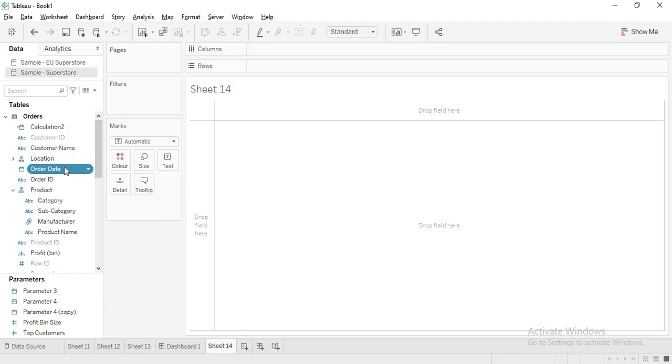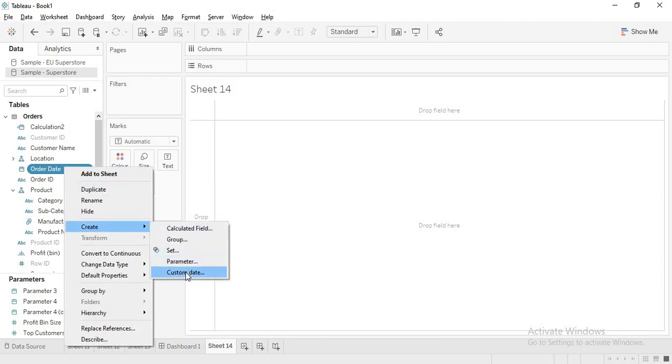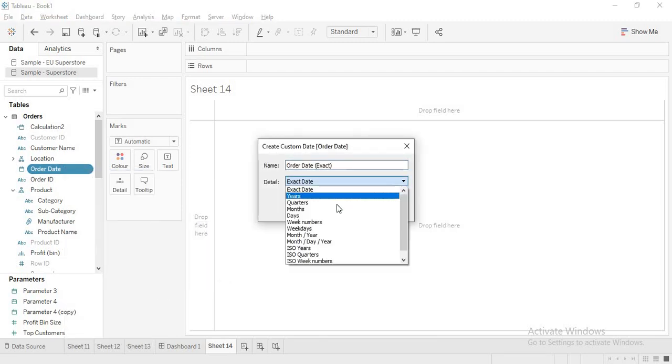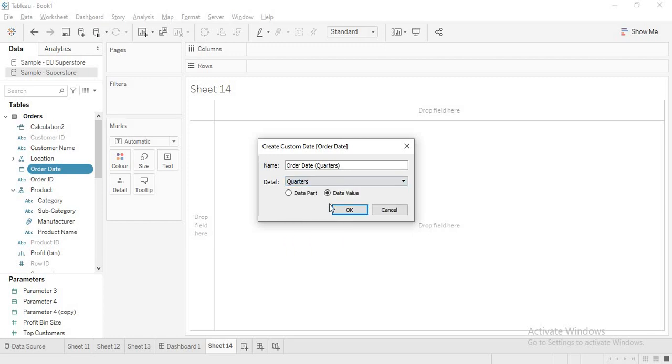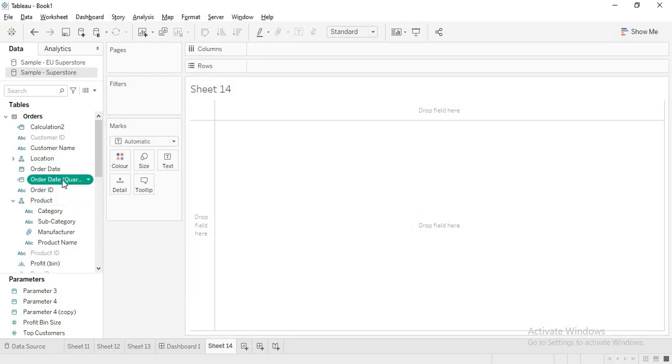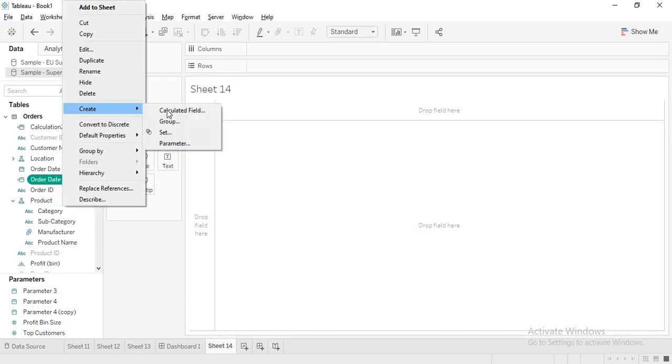Let me right click on this and create a custom date. In this custom date, I have quarters, and I am selecting date values. For this, I will get continuous date values like every year's quarter. If I take date part, it will only get Q1, Q2, Q3, Q4. Let me click OK. Now let me right click and create a parameter.